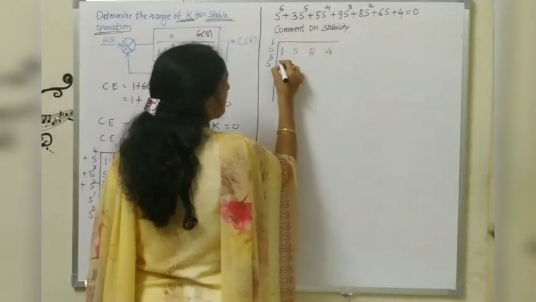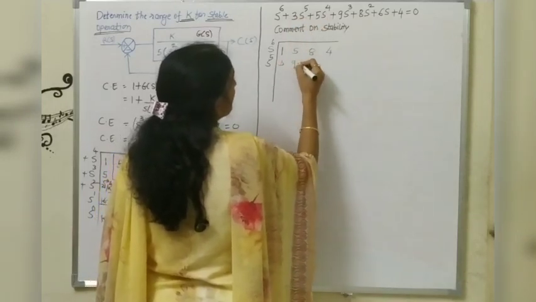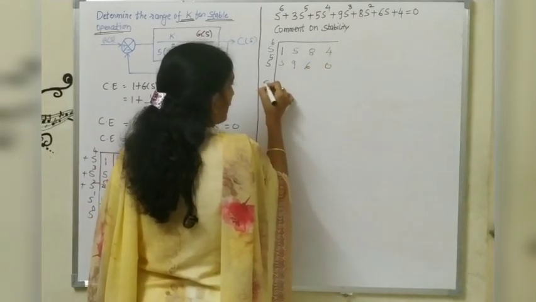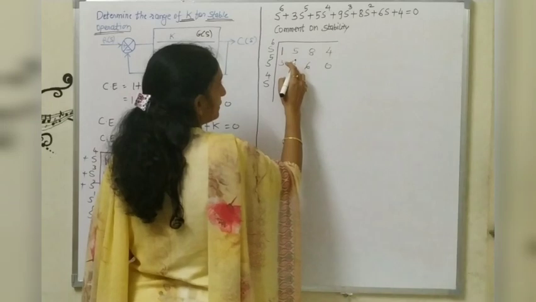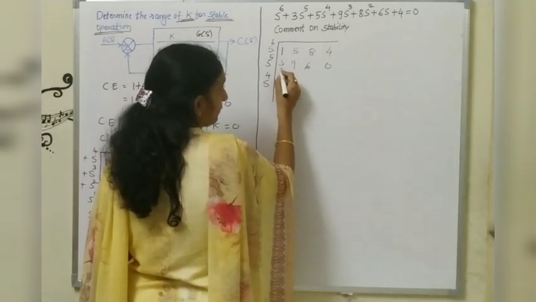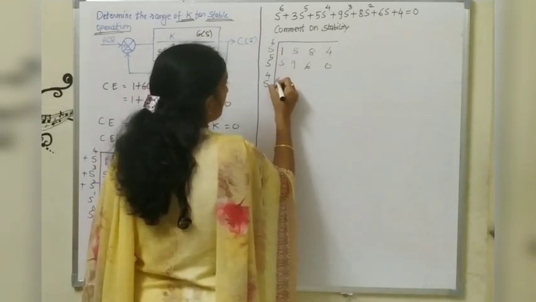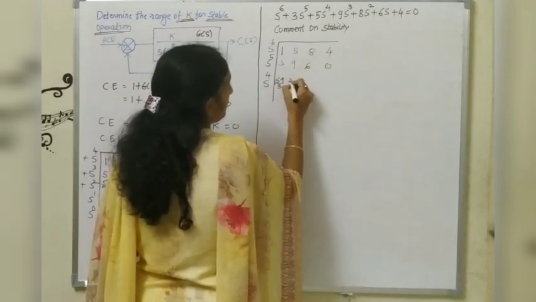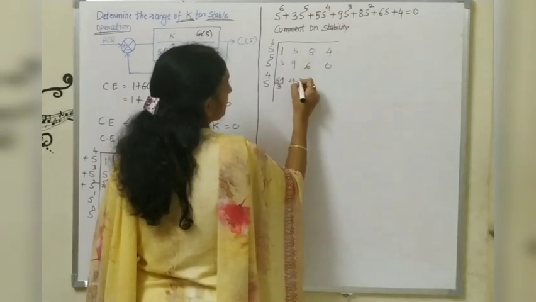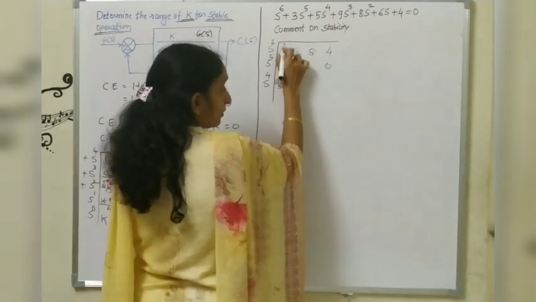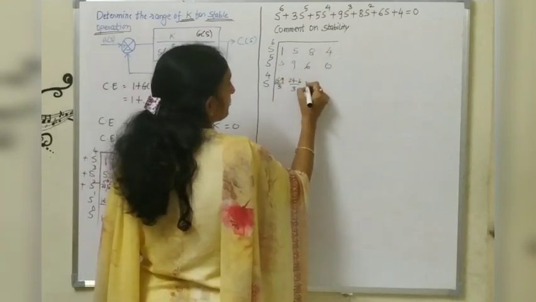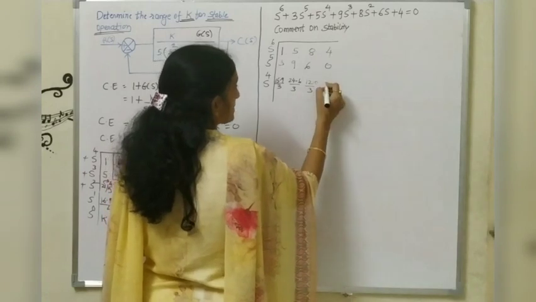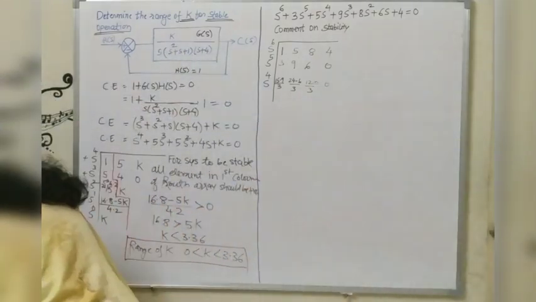Then start with this 3, skip one term, 9, then skip one term, it will be x, next it will be 0, okay. So for s raised to power 4, we know that 9, this will be 15 minus 9 upon 3, okay. I'm writing here 15 minus 9 upon 3. This will be 24 minus, look at this, 24 minus 6 upon 3. I'm considering the first column as it is, okay. Now next is here 12 minus 0 upon 3 and last will be 0, okay. So I'm directly writing the values here,